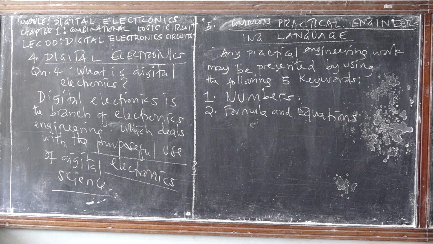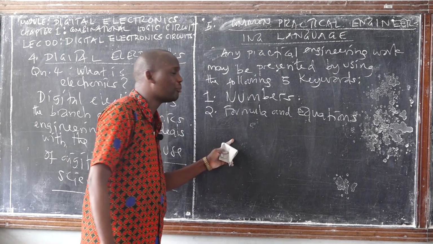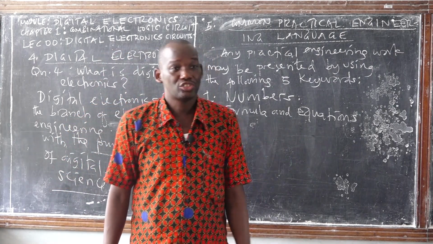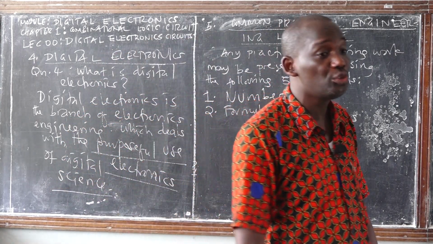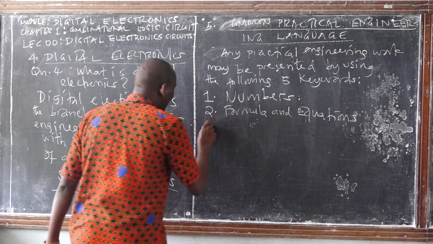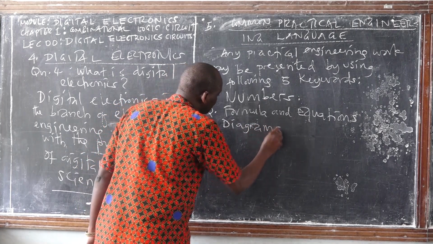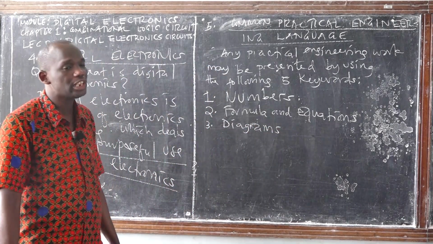Are we together? Also in mathematics, we taught you a lot of formulas. In physics, we taught you a lot of formulas, a lot of equations. So why did we teach them? Because we need to use them in the engineering field. Okay, class? Then number 3,